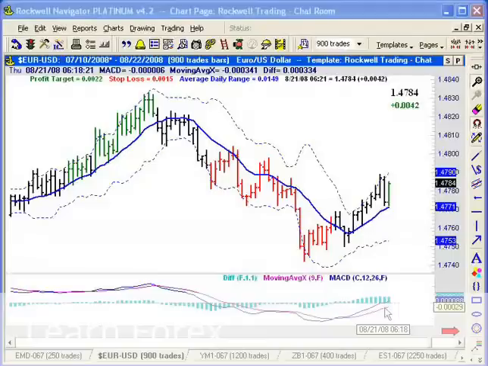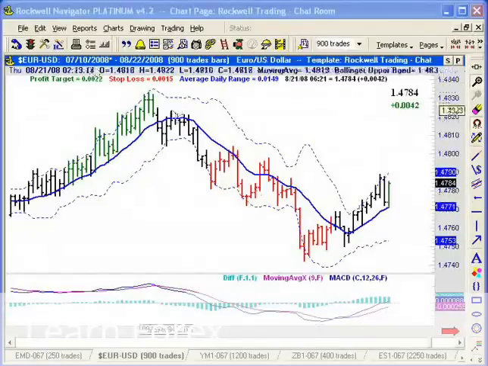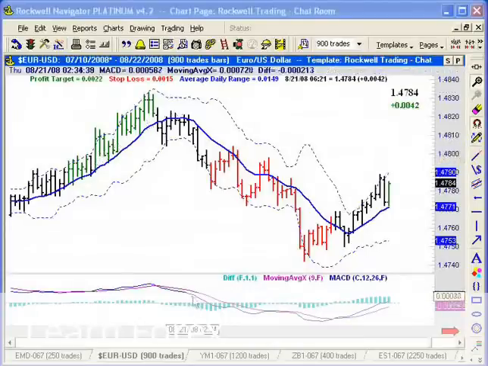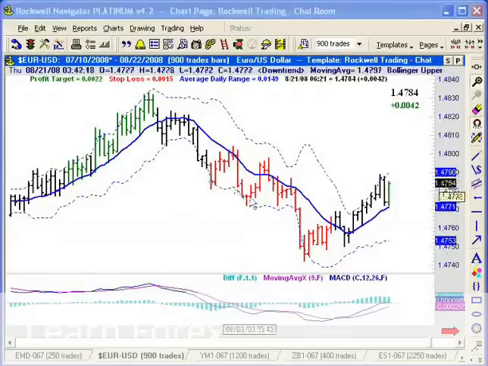As you can see, as long as this criteria is fulfilled, I'm coloring the bars green. In the same fashion, we identify a downtrend. If the MACD is below the zero line and below its moving average, the purple line here, then I color the bars red.